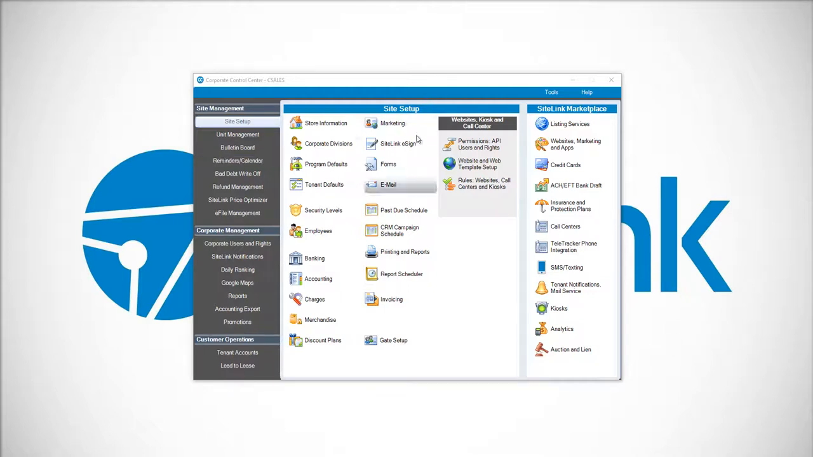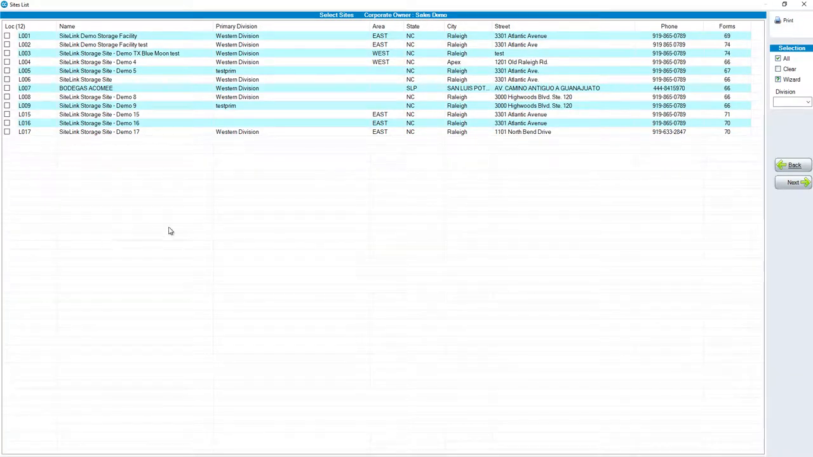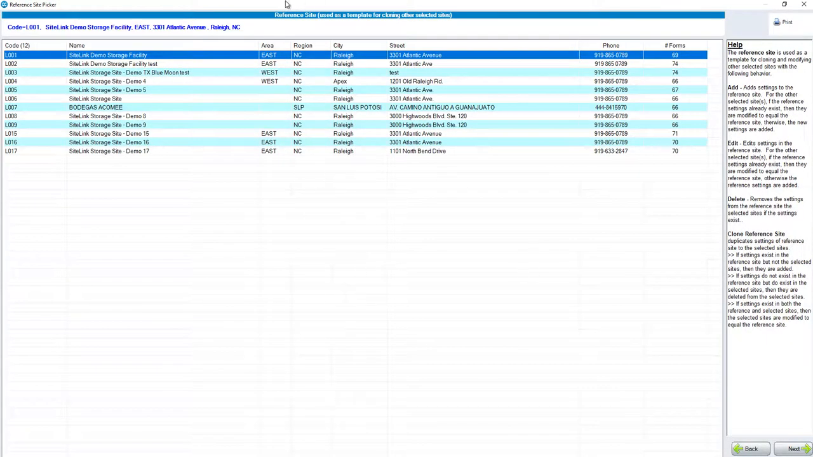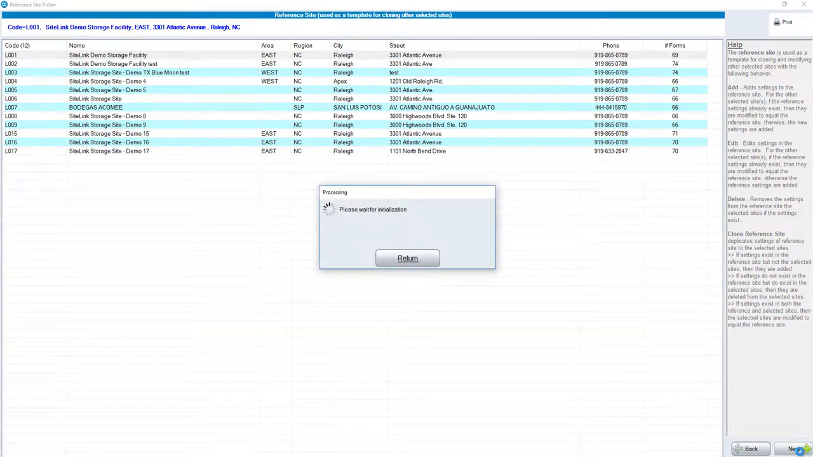For example, when you initially log into the Corporate Control Center, you will have your site setup section. If we went into forms, I could choose all of my 12 locations in this particular database. Click on next. You choose a reference site that you can edit, and you can clone that information for all of your facilities. For example, if I highlight location 1 and click on next,